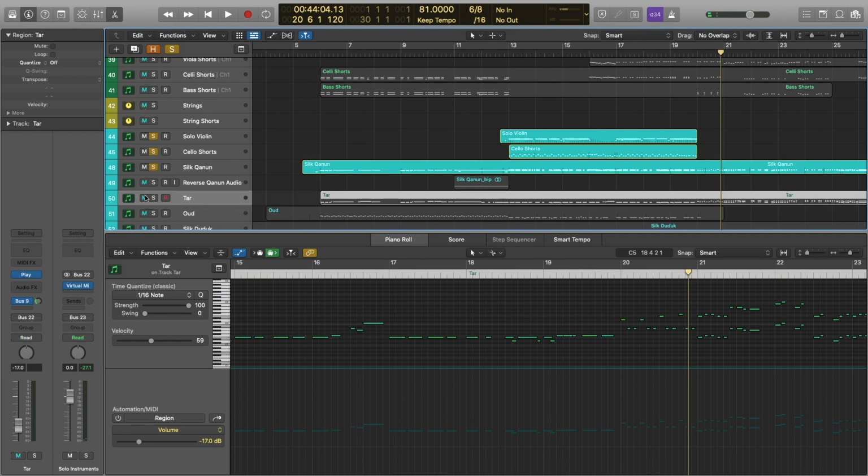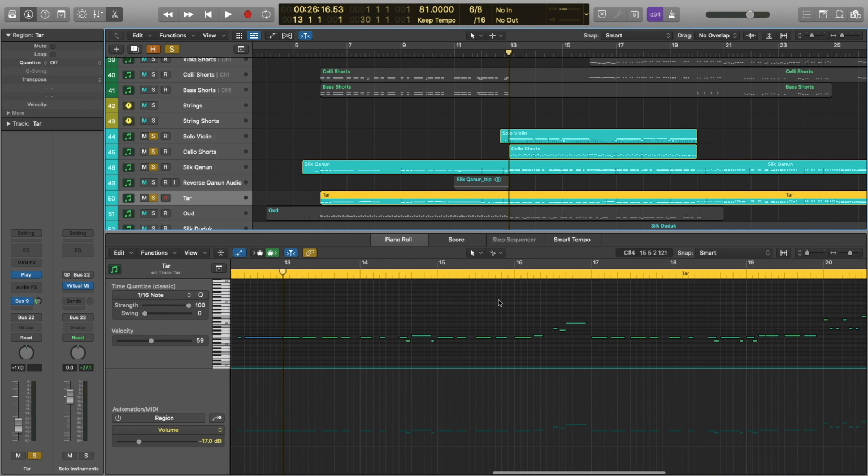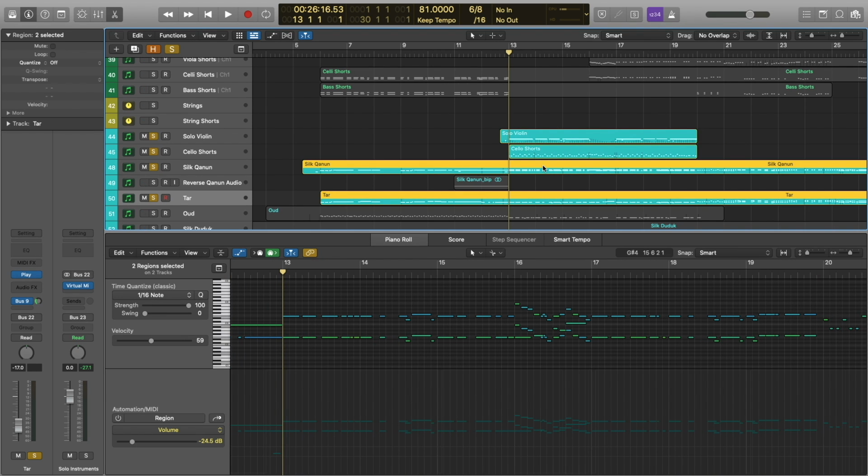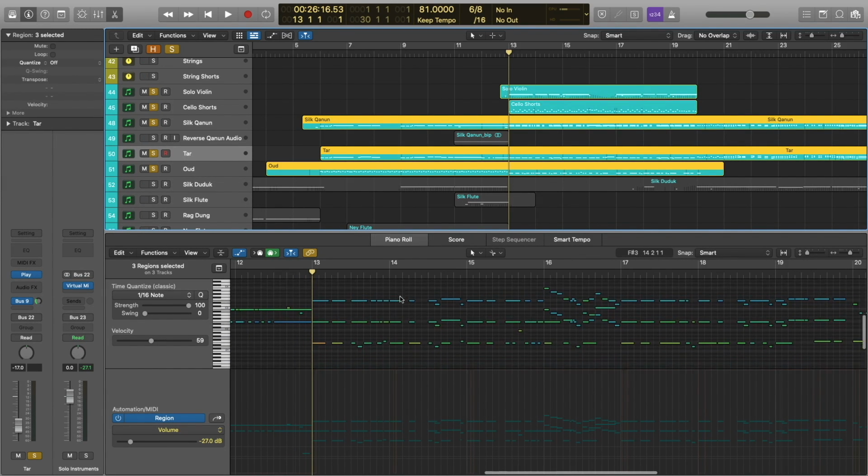All right, and let's add the tar. And the tar is actually pretty much just going to be doubling the kanun. So let's also go ahead and add the oud.